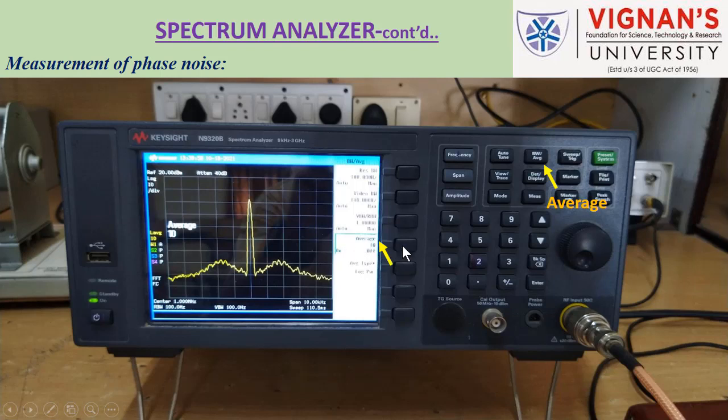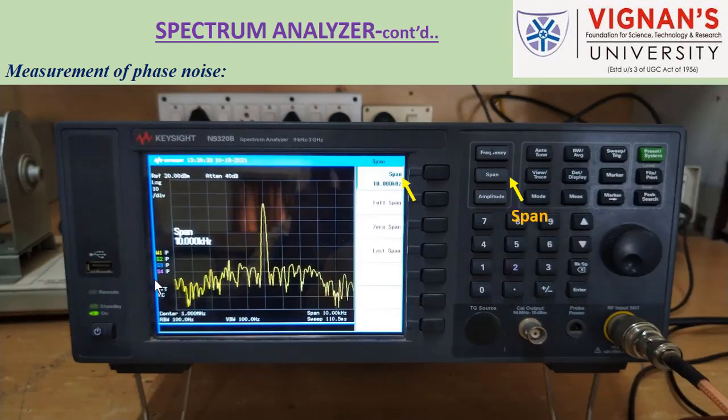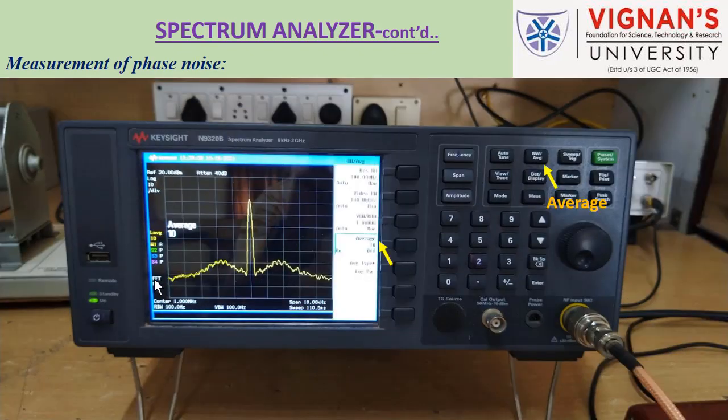By clicking this, we can make it on, so that you can observe the noise level has been stabilized as compared to the previous display. This is the display we can observe before making the average on. After making the average on, we are getting the stabilized noise level like this.